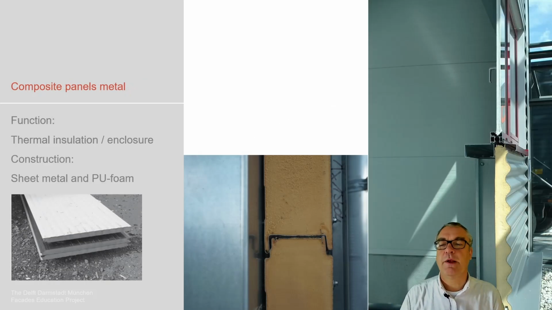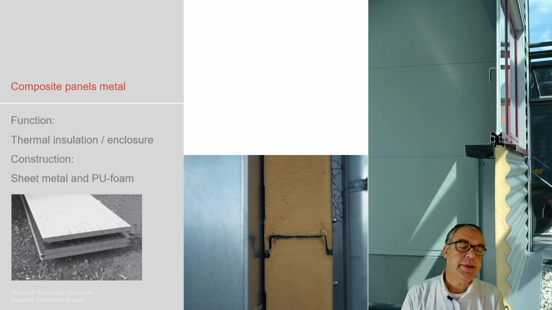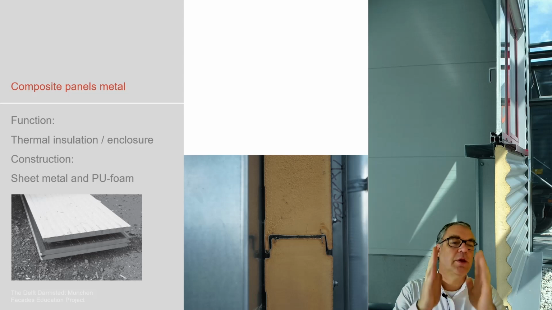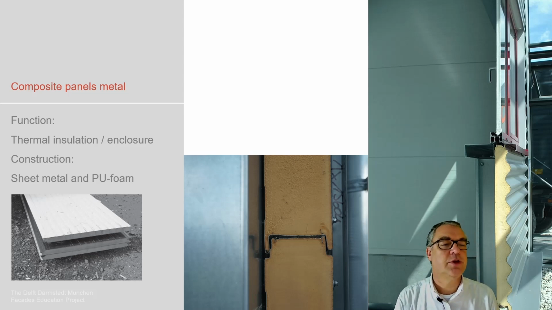This is a typical PU foam setup. We see in this sample an inner and an outer sheet metal. The outer sheet metal is curved for aesthetic reason, maybe also structural reason, but in this situation with the PU being embedded, this is more for aesthetical reason. And the PU laminates these two layers of sheet metal together so that they act as a structural unit, as a total structural unit.